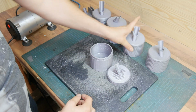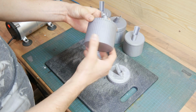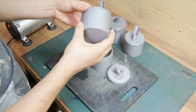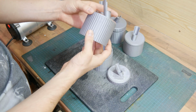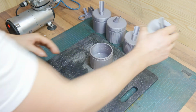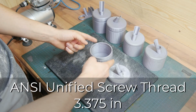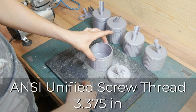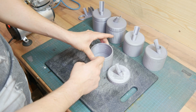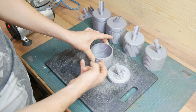So I fully changed the design to like a ledge or something like a hook, which can be slotted in. The issue with this was this wasn't really watertight and water was leaking out. So I then again decided to go back to a thread. I chose the ANSI threading, and this one worked perfectly fine with 0.1 or 0.15 millimeter layer height on the